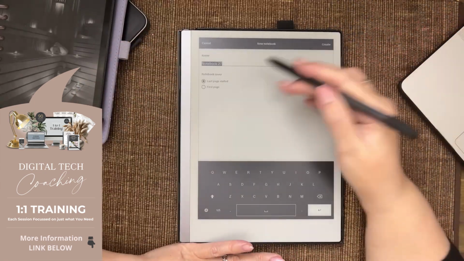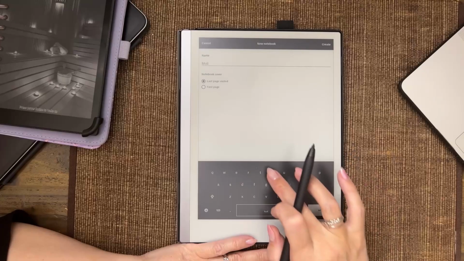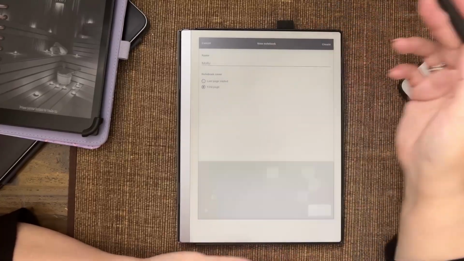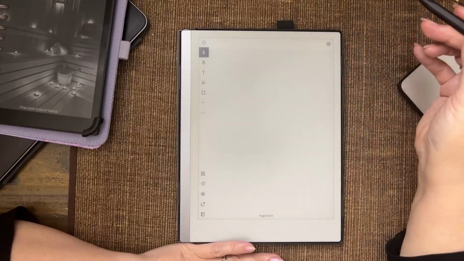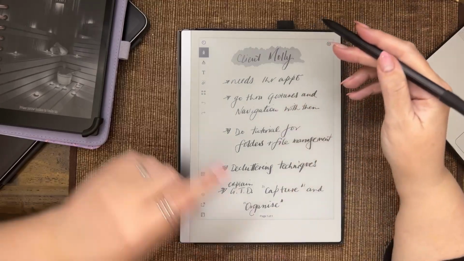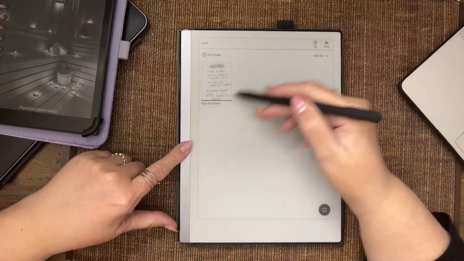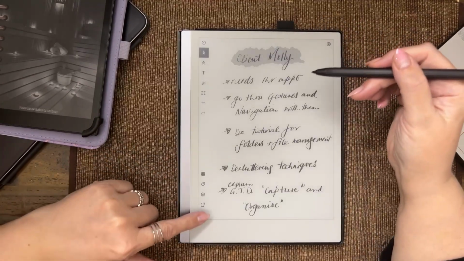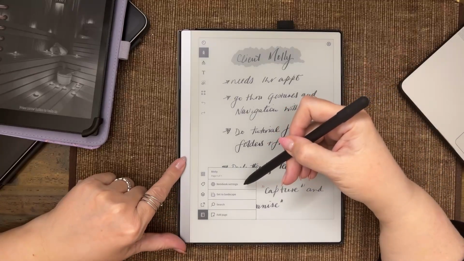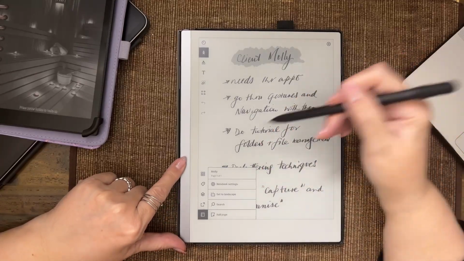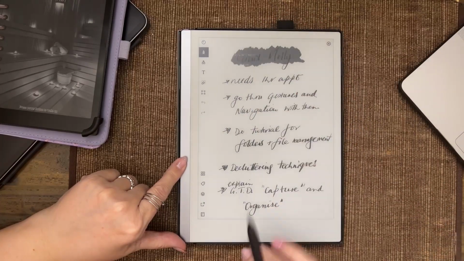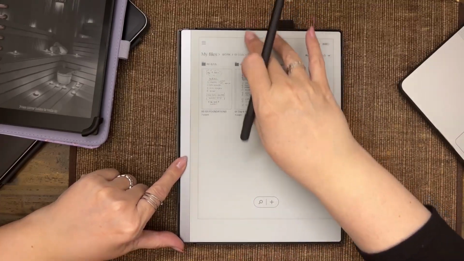So I click on new notebook. I'm going to call it Molly. I'll choose the first page, and then I'm going to click create. So now I've moved Molly there. You can see that it's one page, and I will show you that it's now a notebook and it's page 1 of 1. Now, when I come out of here and go back,